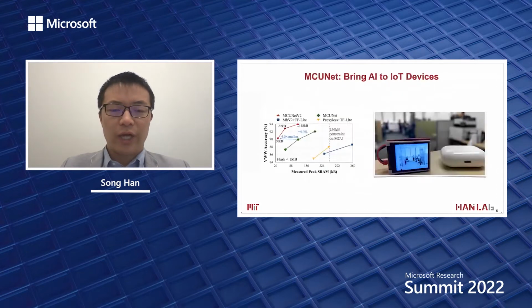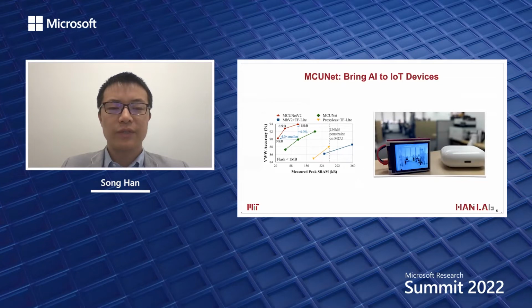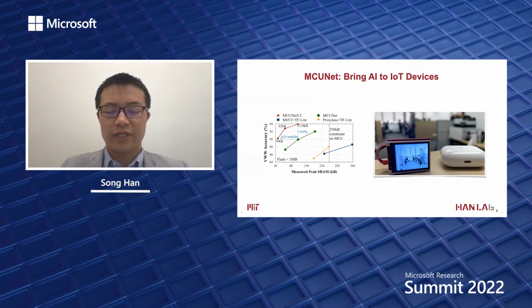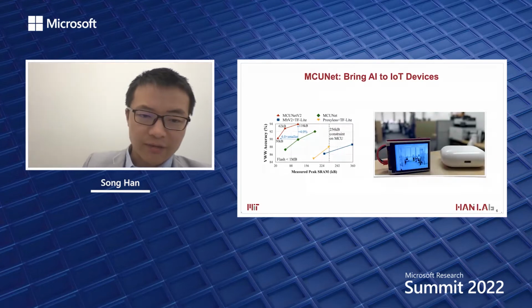Prior to that, we have solved the inference problem on these IoT devices. The work is called MCUNet. MCUNet is a co-design of neural network architecture with the inference engine. By co-designing the tiny NAS and the tiny engine, we can achieve much better accuracy with lower cost. So for example, on the left-hand side,